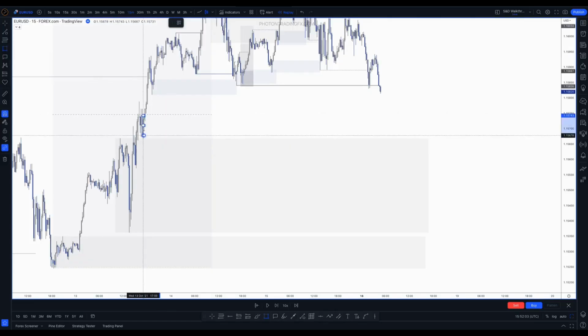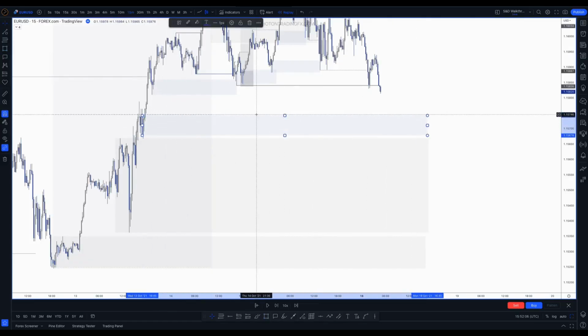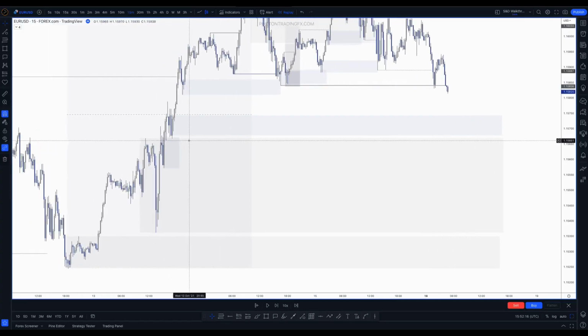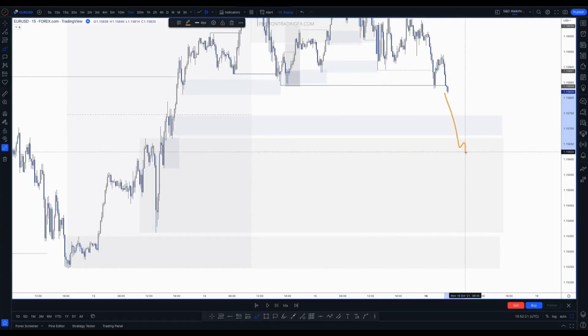So we've got this level here, right? And then we've got this level here as well. It's kind of already been mitigated, so that's not the best. You see we've already had that tap into it. So what I would do is I would draw it like that if this was a live market. But if we pushed a little bit lower, if we came here and we melted through this and we were hovering around here and then I saw a shift in structure, I would look left and go,